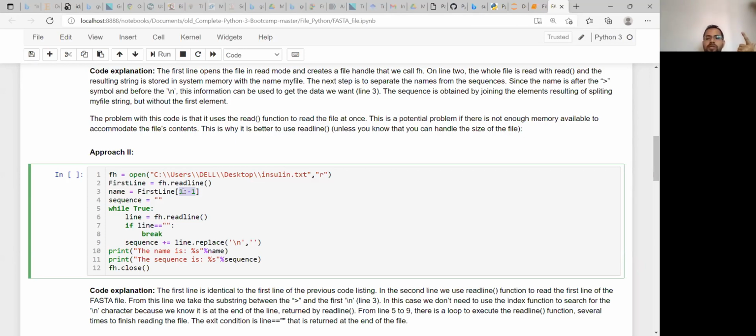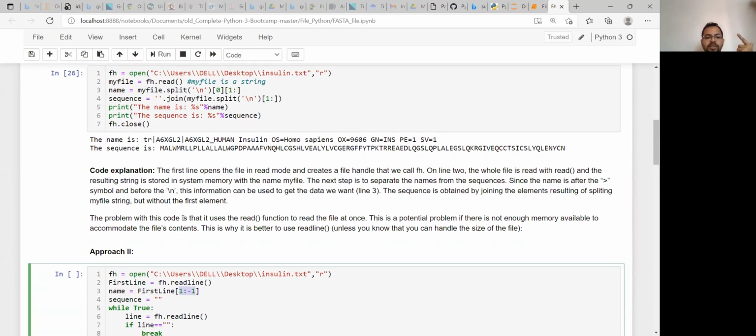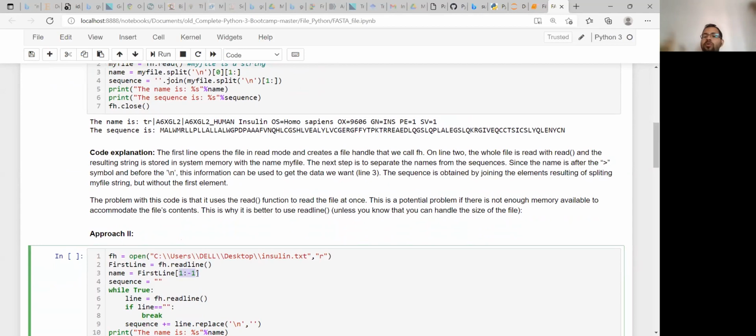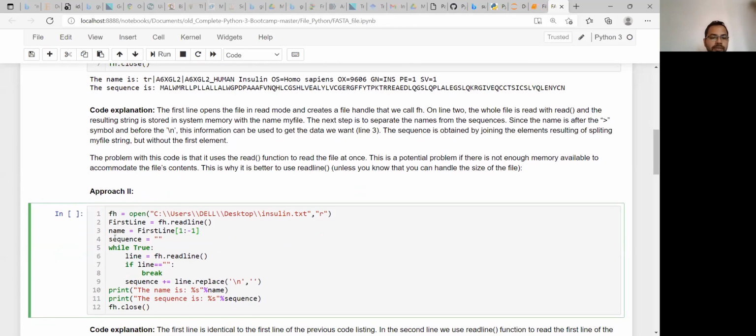So it will start from T here, and it will go up to -1. -1 will be which position? You know that in a string, -1 is the last element of the string. So the name will be printed. The name will be taken.